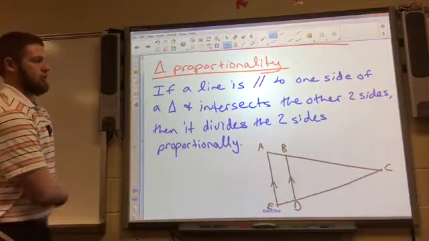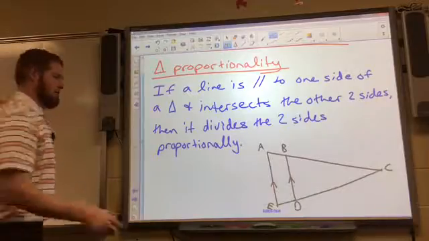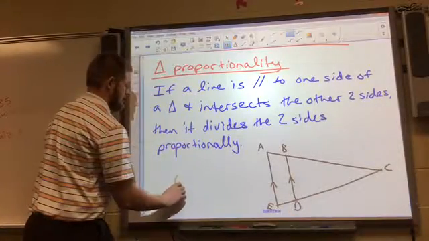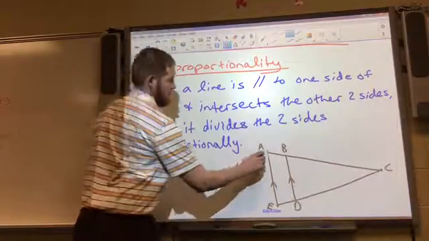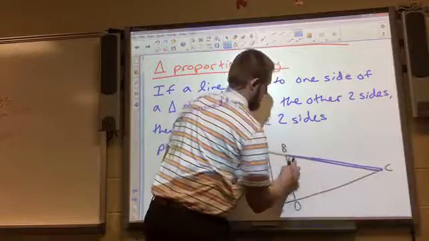So I have this triangle. If those lines are parallel, then I can say that AB over BC